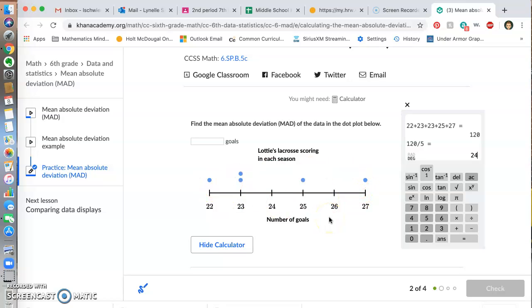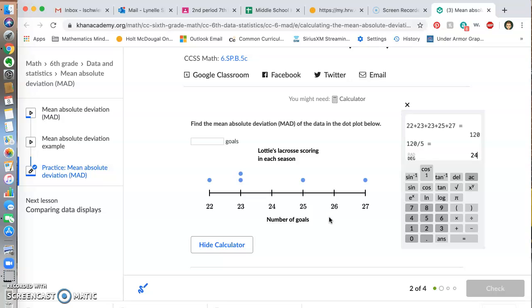So 24 minus 22 is 2. 24 minus 23 is 1, and I've got to do that twice because there are 2 23s. 25 minus 24 is 1, and 27 minus 24 is 3. So I've got 2, 1, 1, 1, and 3, and now I'm going to add those up and find their mean. So 3, 6, 8